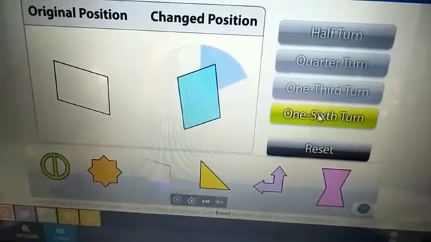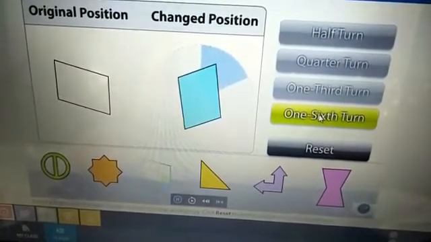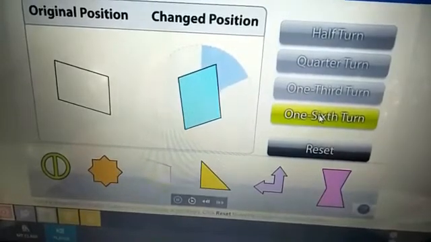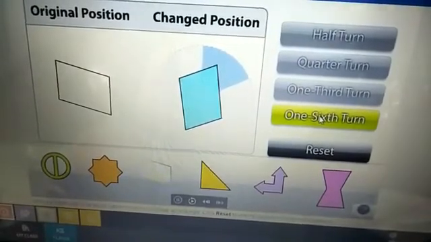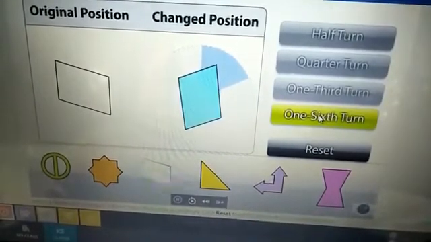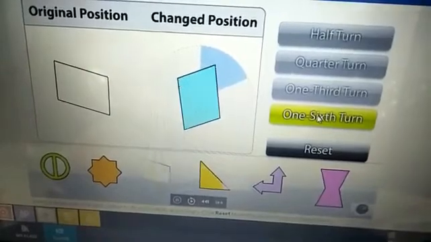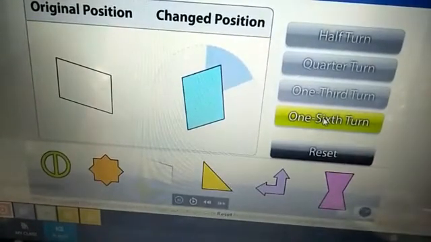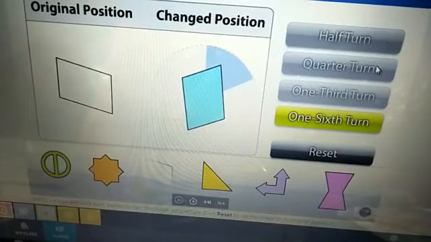Is it clear? Like this you have to do your book exercise, children. I have mentioned the book exercise page number now. You should do it and take a snap and send it to me for correction, children. So in this session you learned about the turn, half turn, quarter turn, 1/3 and 1/6 turn, children. I hope you all learned well. You should practise well, children. Thank you children.